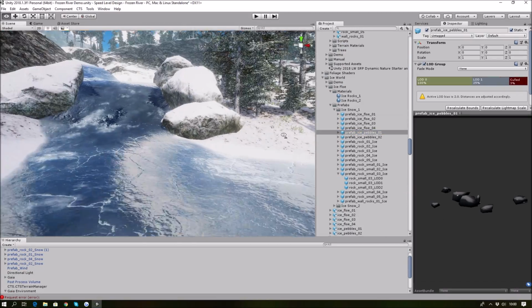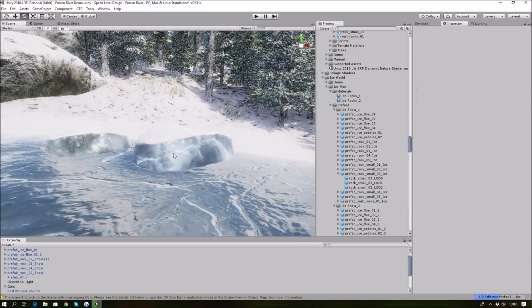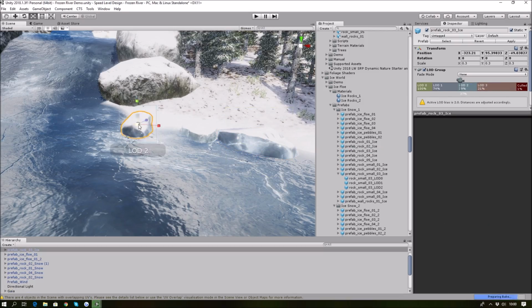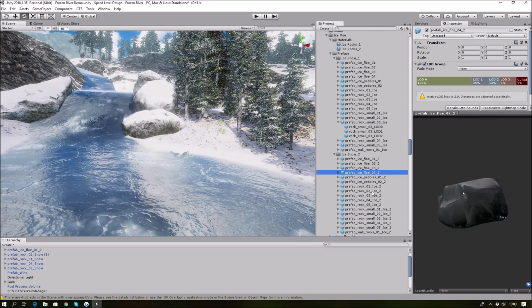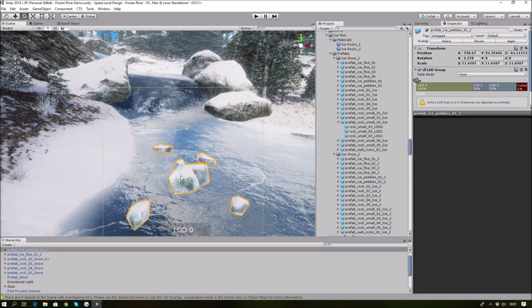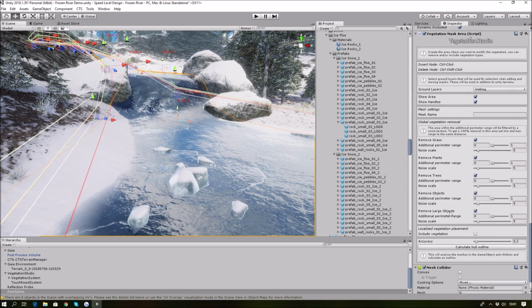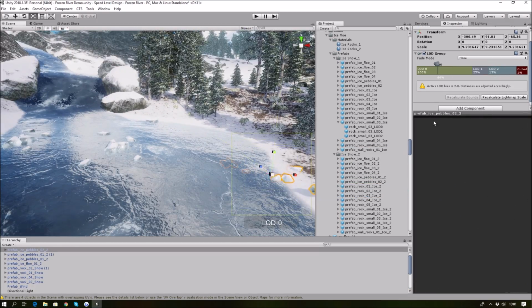We'll also add some flow. So yeah, I think the first one was okay. Oh, this one will be okay. Let's add a mesh collider on the river spline, just to place objects more accurately on the